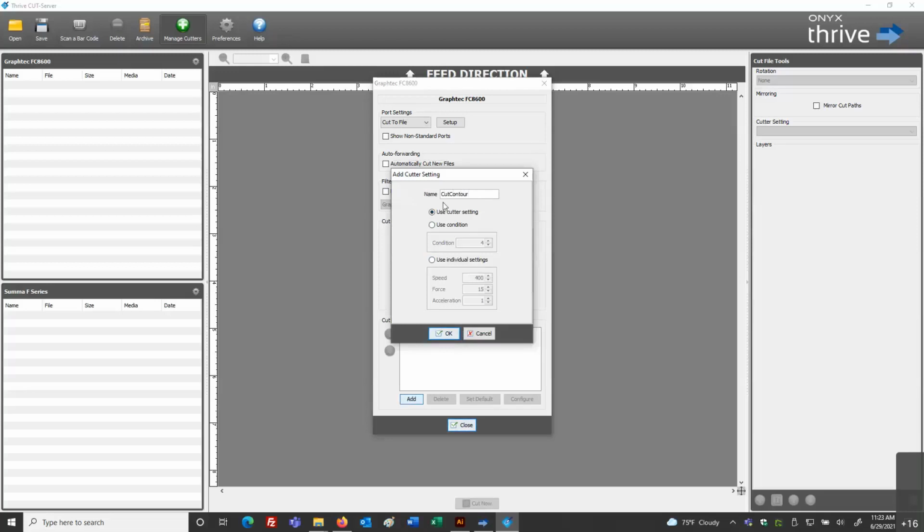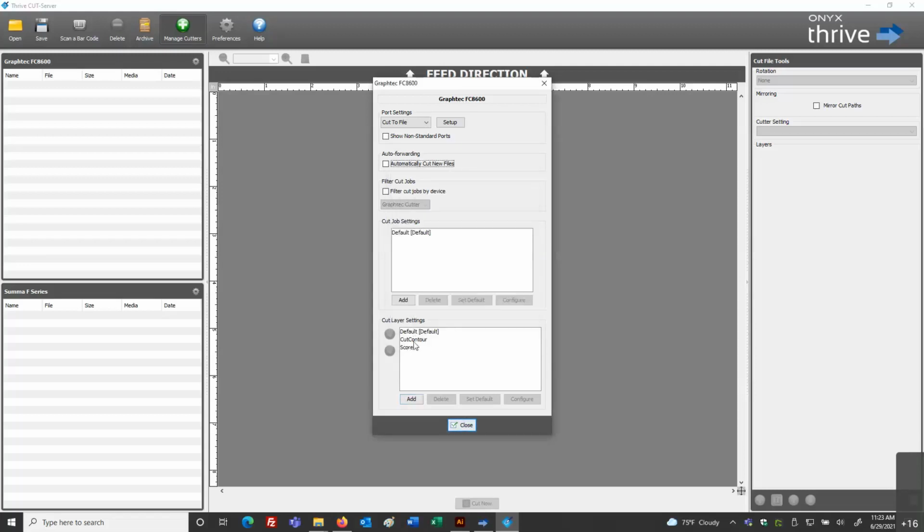And so I can add that cut data, tell it to use the cutter settings, or use a specific condition, or use these individual settings. So this is something that we can definitely set up and configure here. I'll add another one for a score. And I could say, use condition 4. We can definitely set these up as we like to.